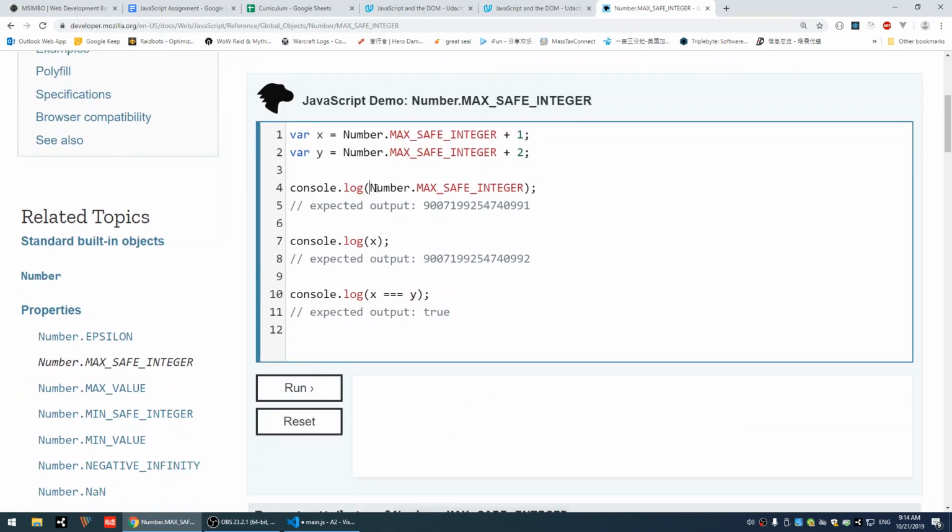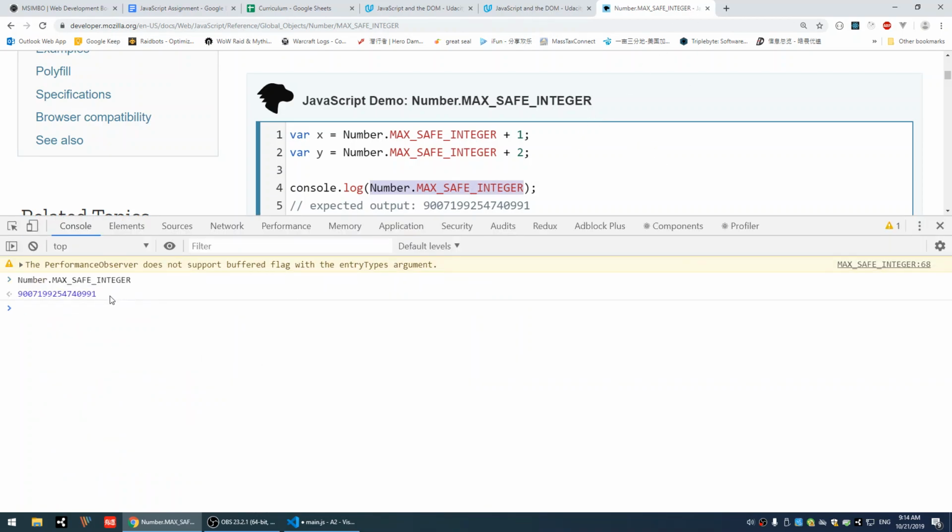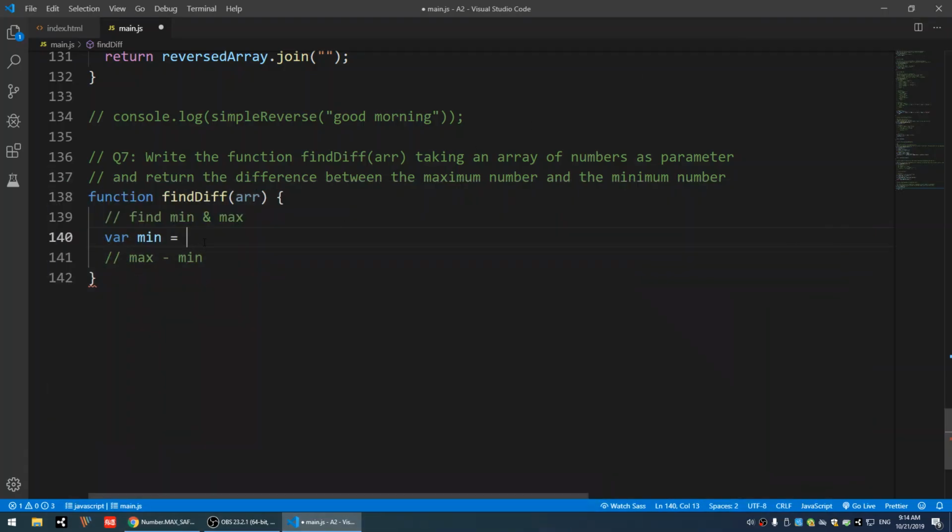So I think this is a function to help me create the biggest number in JavaScript. So if I run that inside here, it's giving me the biggest number in JavaScript. So I'm gonna create the minimum number. Hold